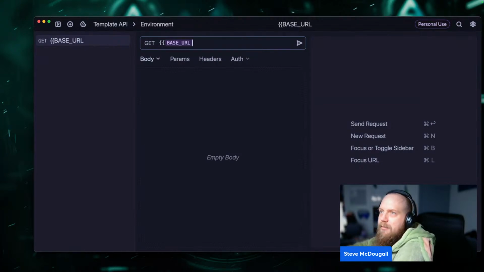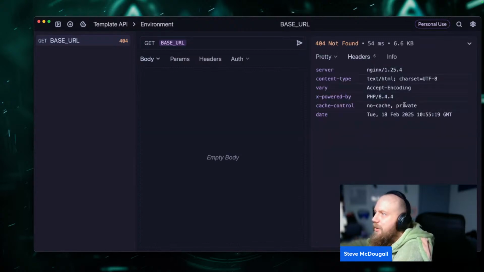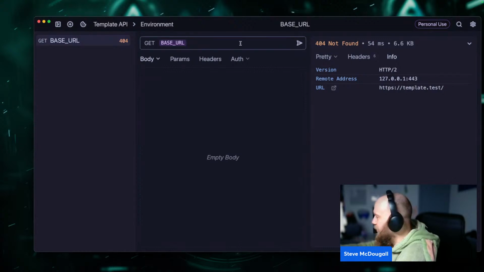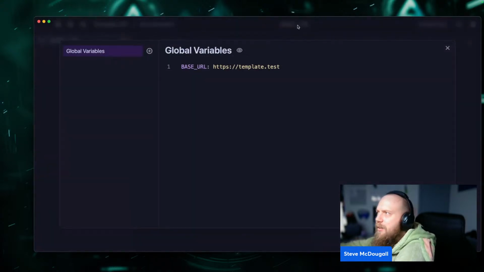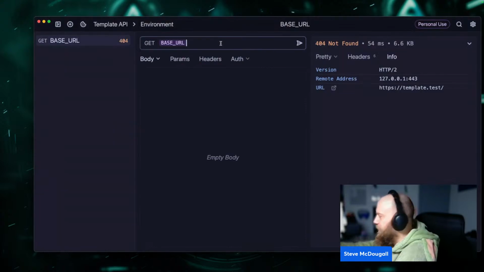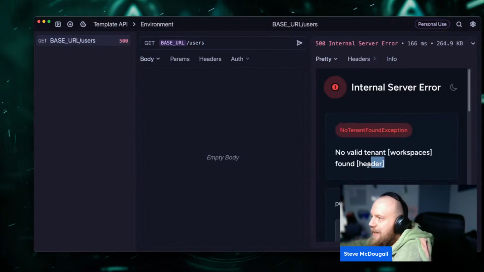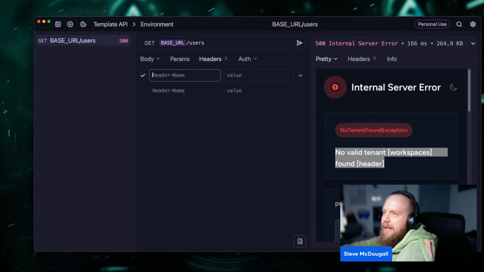Base URL. Send that. We are sending that through to sample test. So then let's go back to that environment a second. Yeah, that's all good. /users. Awesome. We got an error. No valid tenant ID found in the header. So header. What we need to do is say,